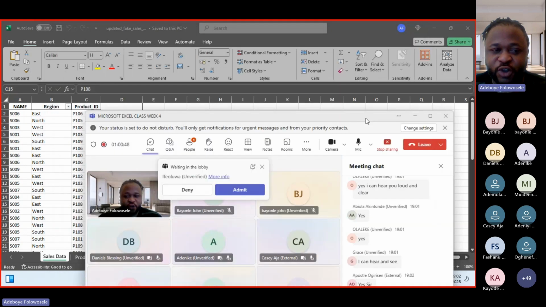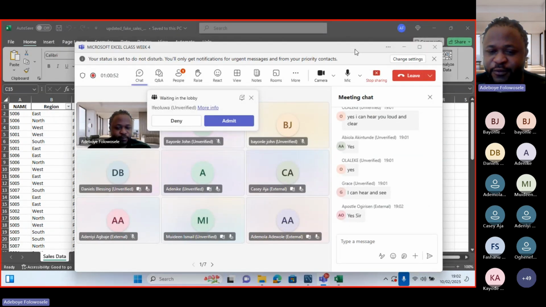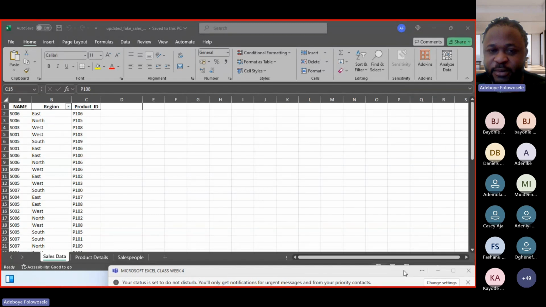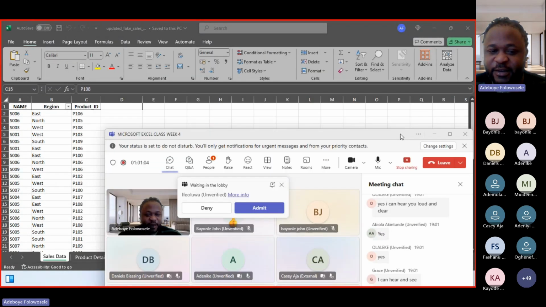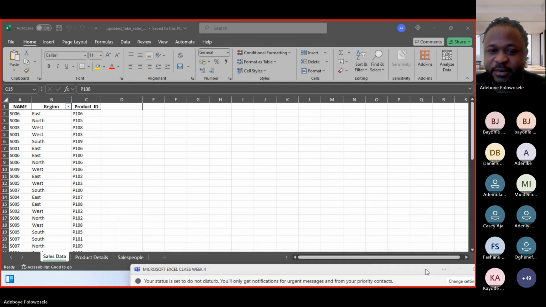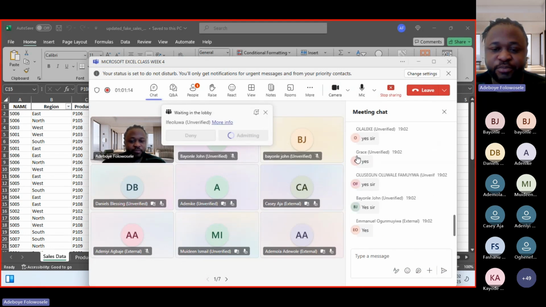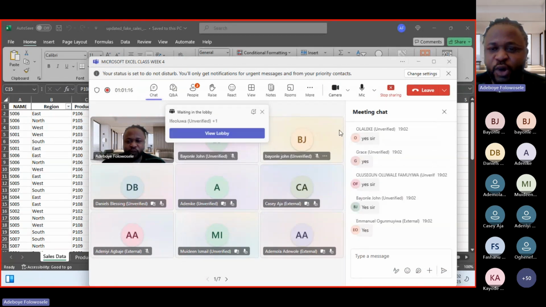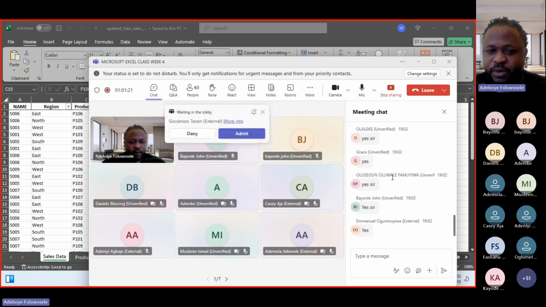So please, can you see my Excel sheet? If you can, just type yes, we can see the Excel sheet. Can you see the Excel sheet? Please type yes if you can see the Excel sheet. All right, thank you very much. While our class captains will be admitting people,